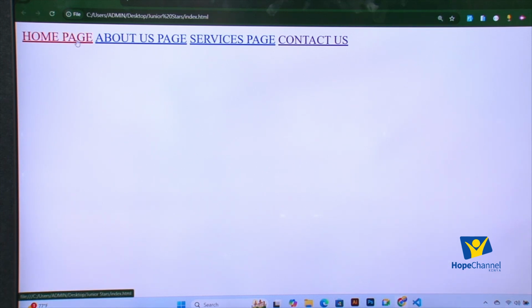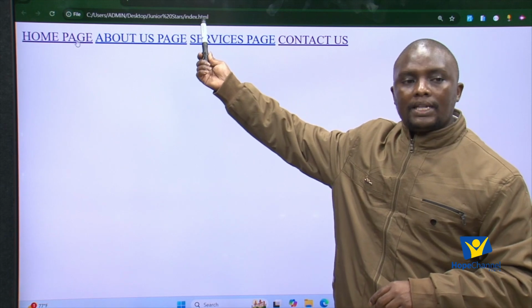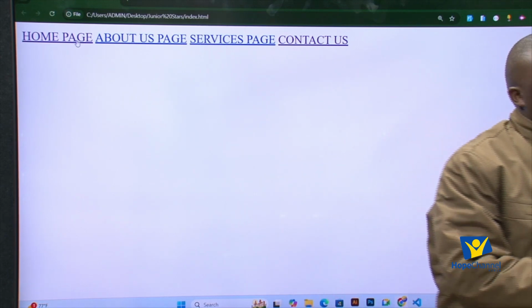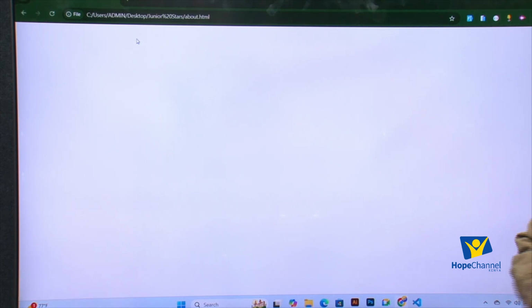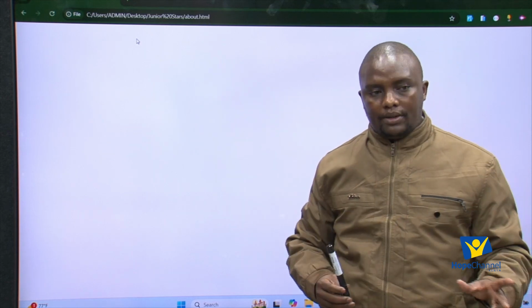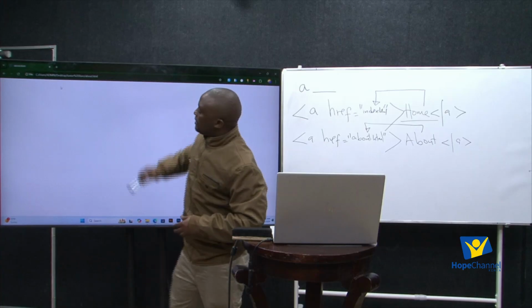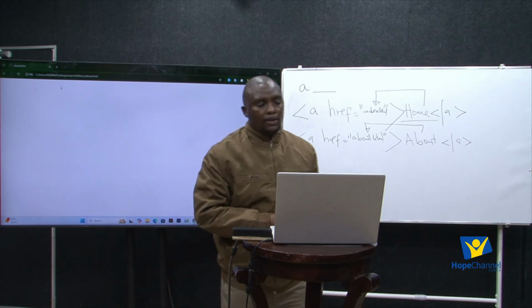If you click home page, you're expecting on top here the URL is index.html, meaning the linking is correct. Now when you click about us, you expect the link here is about.html. Now you've realized that our about us page is blank, doesn't have content, but at least we can go there